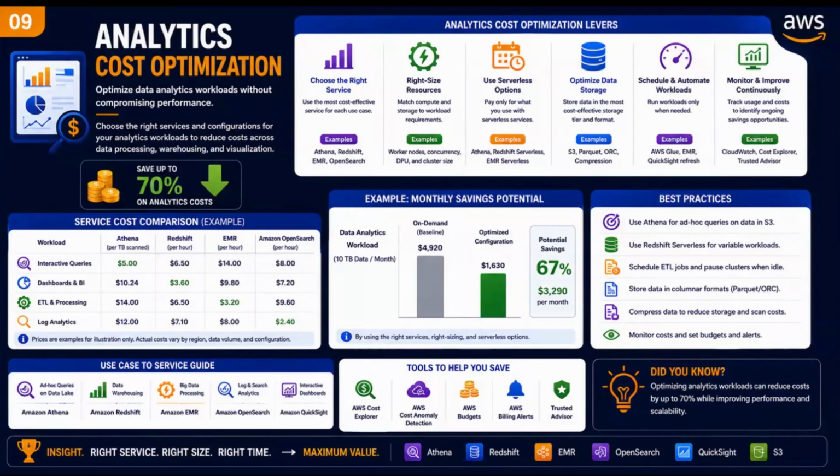Okay, so here is analytics cost optimization best practices. Use Athena for ad hoc queries on data in S3. Use the Redshift service for variable workloads, schedule ETL jobs, and pause the cluster when idle. Store data in columnar format. Also compress the data to reduce storage and scan cost, and monitor the cost and set budgets and